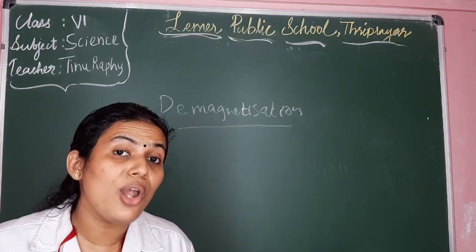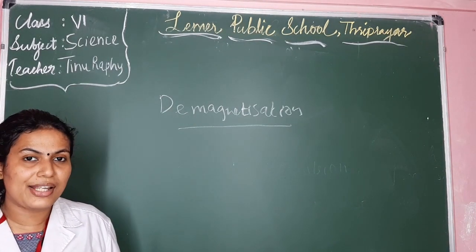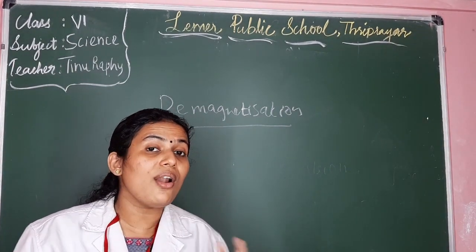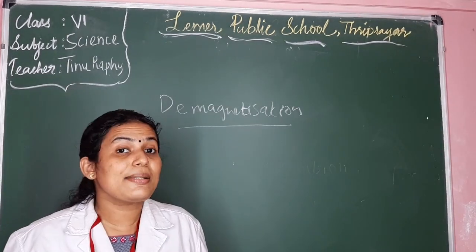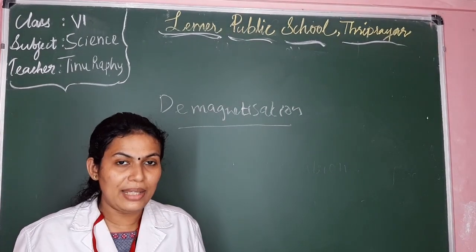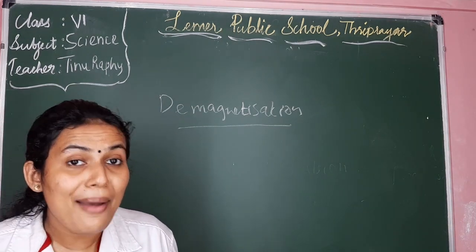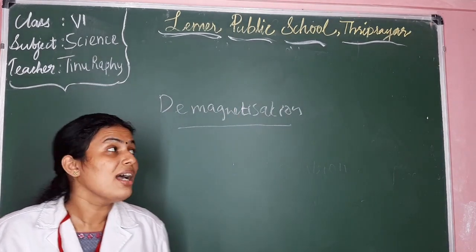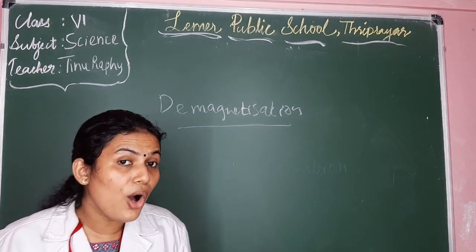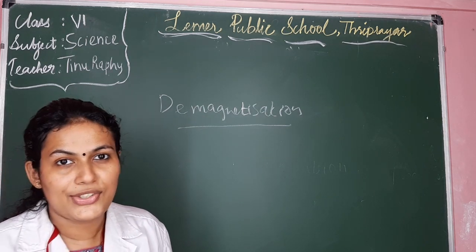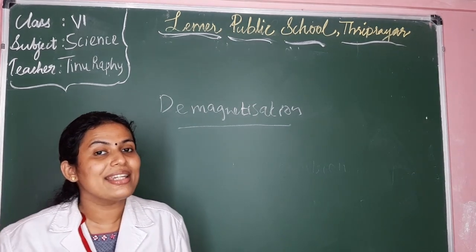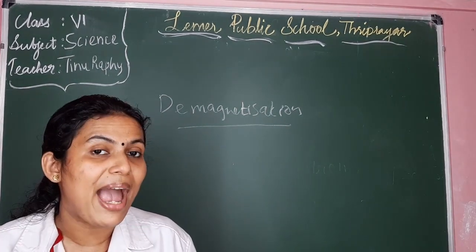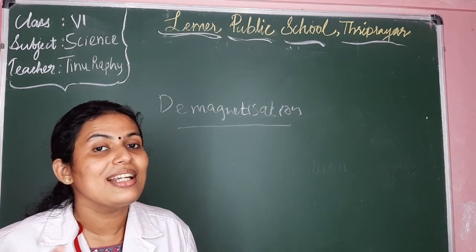Yes, "de" means loss, isn't it? So, demagnetization means the loss of magnetic property of a material which already had that property. These magnets lose their property if they are heated, hammered or dropped from a huge height. All these things cause demagnetization, that is, loss of magnetic property of a magnet. Such magnets are what we call demagnetized. So magnets which have lost the magnetic property are said to be demagnetized.